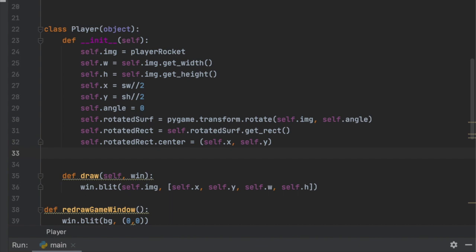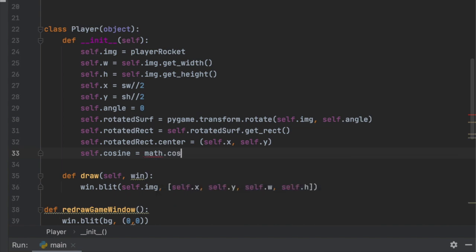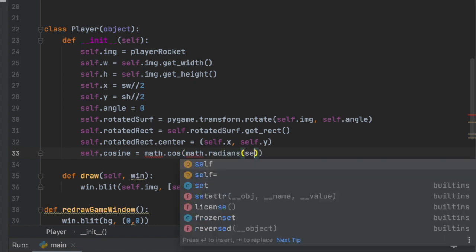Next, we are going to use sines and cosines. Sines and cosines are going to be how we can determine which direction the ship is facing after it's been rotated. So it's just like you learned in math class. Let's start off with cosine. So self.cosine is going to equal math.cos, which stands for cosine. And what we're going to pass in here is a radian value of the degree that it's facing. Right now we're keeping track of angle in degrees, so in order to convert that to radians, we're just going to say math.radians and then self.angle